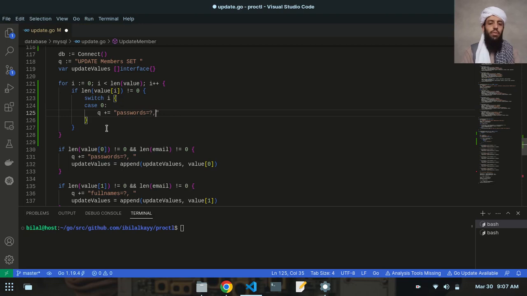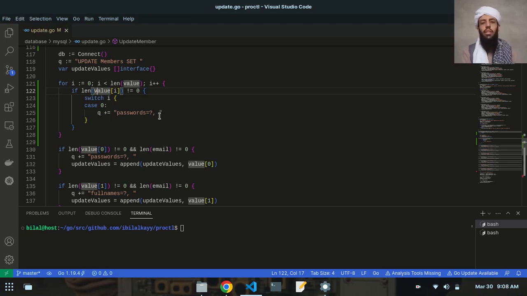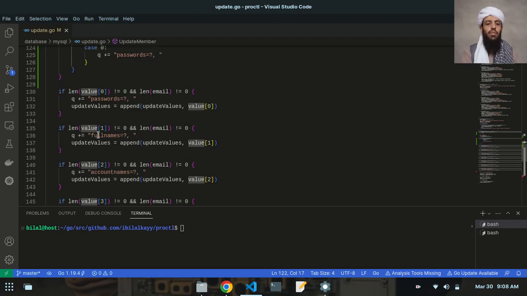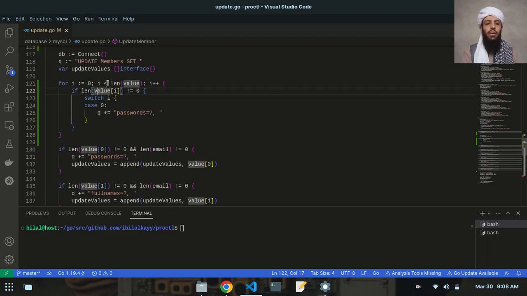Then like this. All right, so basically it is showing us that if the first value or the second value or the third value, all the values or any of the values are filled with some kind of data, then it will run these queries one by one. This is the same thing that I have done here in these if statements, but basically I have just used the switch. I am going to use the password. After that, on case 2 I am going to use the full name. On case 3 I am going to use the account name. All right, so let's copy this